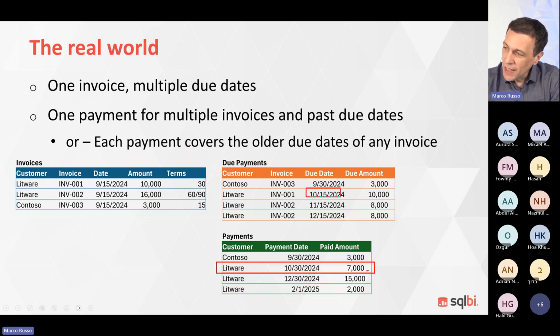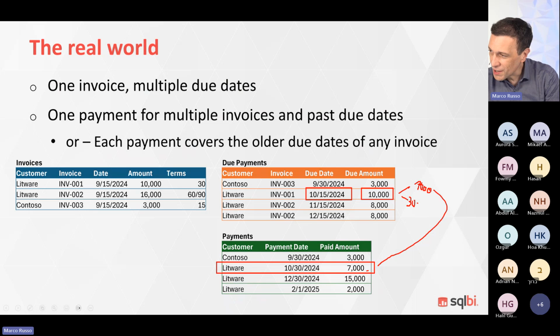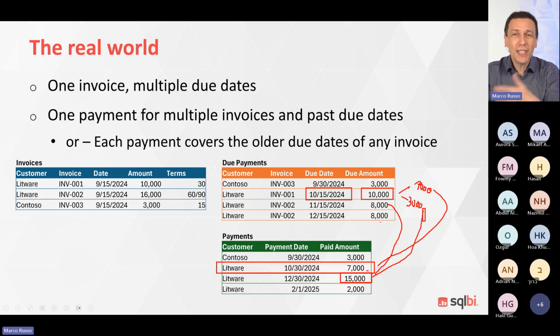But actually, we only had one invoice of 10,000. So what is happening is that this due payment is 10,000, but 7,000 has been paid now here. So this 7,000 is connected basically here. But the other 3,000, where are these other 3,000? Well, these other 3,000 have been paid by the following payment, which is here. So this 15,000 collected this one, and we have other 12,000. Of these 18,000, we have other 3,000 that have been paid with a single payment. And then we have the 2,000 later.